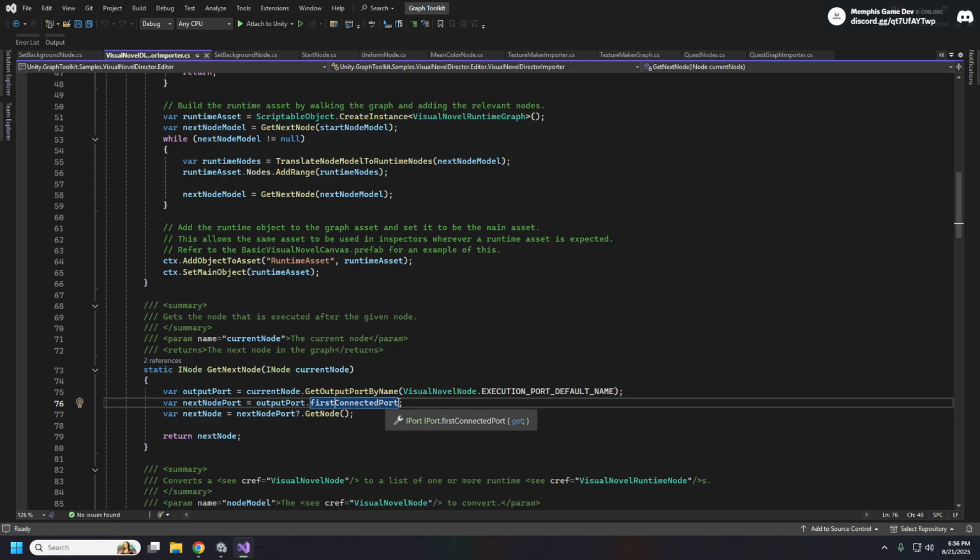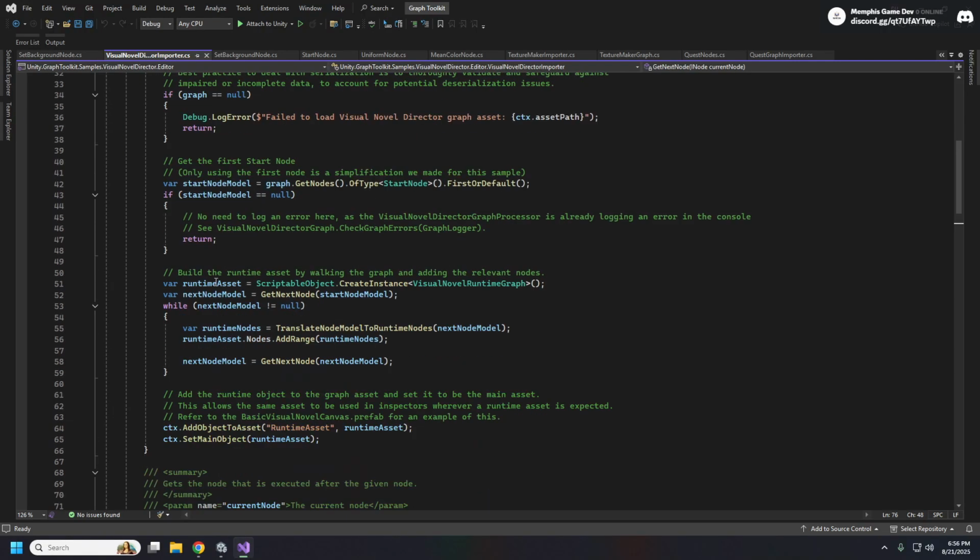You can have multiple ports. So if you wanted to do branching dialogue with choices and whatnot, we could have a choice dialogue node that can branch off depending on what we actually choose. So here, what this